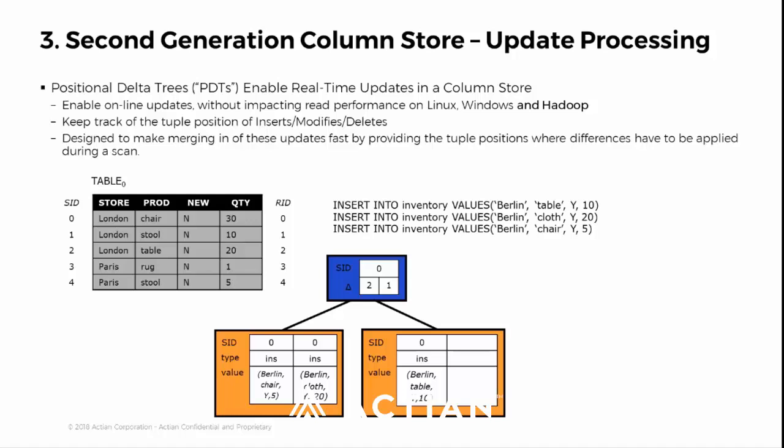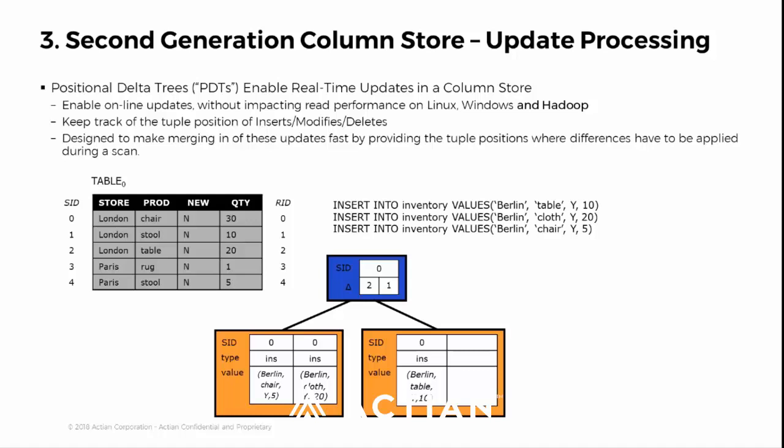So that's where the name comes from. It's a tree structure that keeps track of the position of the delta. The tree structure is only ever 3 levels deep, so it's really easy to traverse it. It makes it very quick for traversing it, and as data gets updated, with the performance of Vector, you'd hardly notice